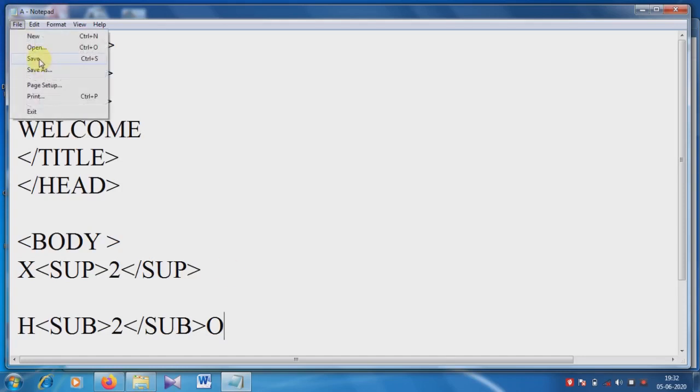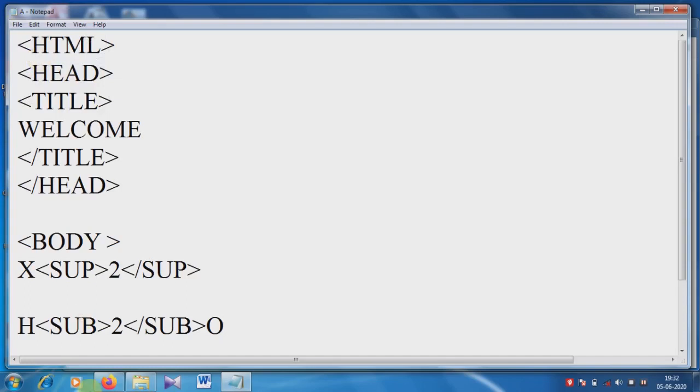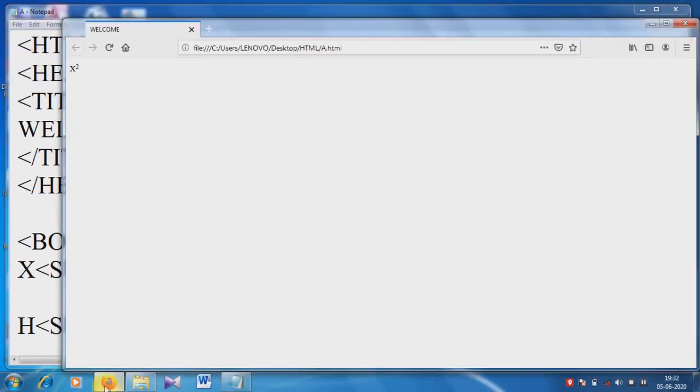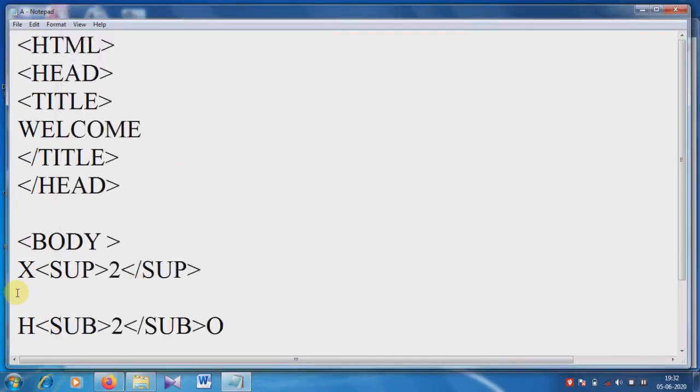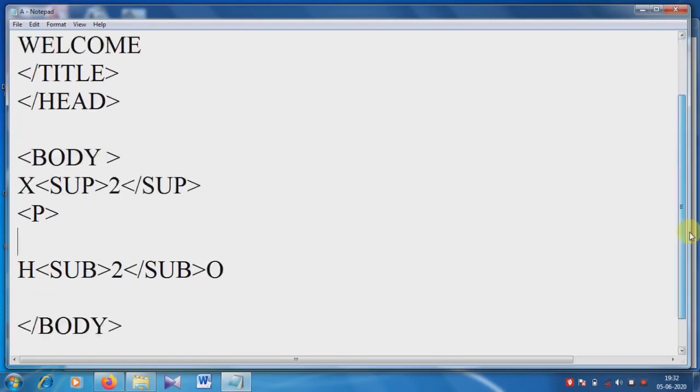So what will be the output? Let's check. See, H2O. So in this way we can write different chemical formulas or mathematical expressions. I am using P for paragraph.